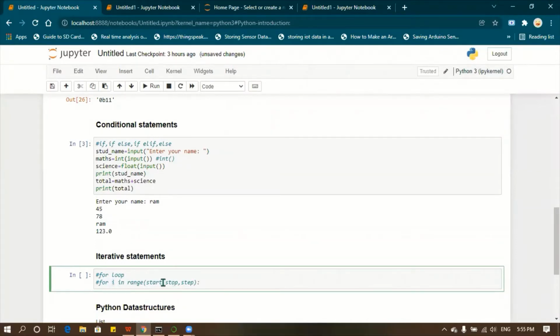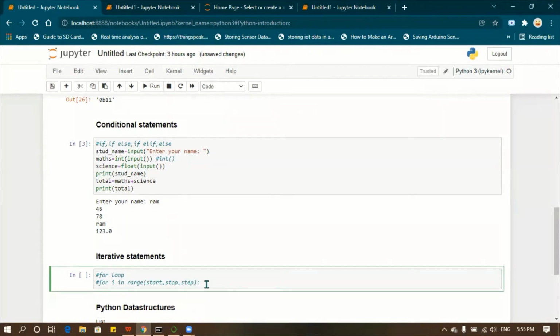This stop value: if I want it to start from 1 and stop at 10, it will stop at 10. At the 10th point, it will not perform the operation inside the for loop. Then the step value: how are we going to increment the value? I'm starting with 1, and I want to jump to 3, skipping 2. So I can use the step. It will increment or decrement the value. If you want to increment by 2, or decrement by -2, it will perform that operation. That is what your step value will do.